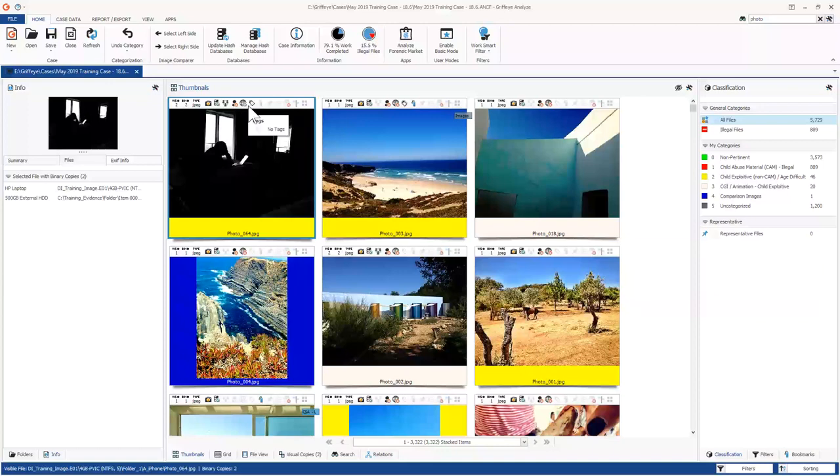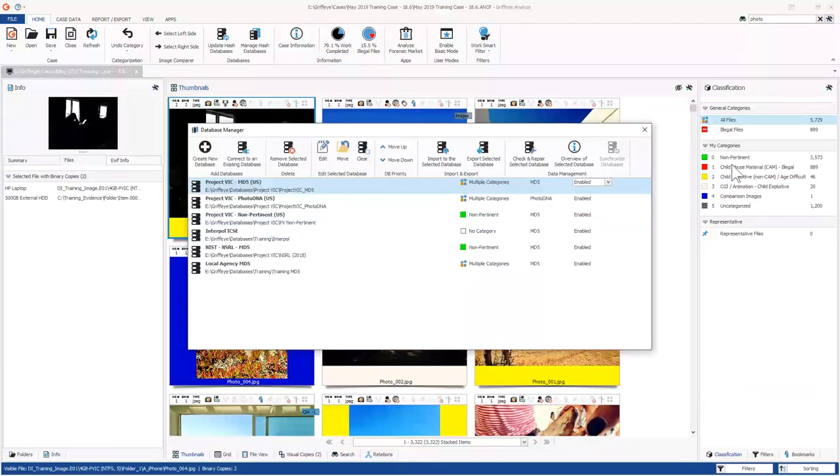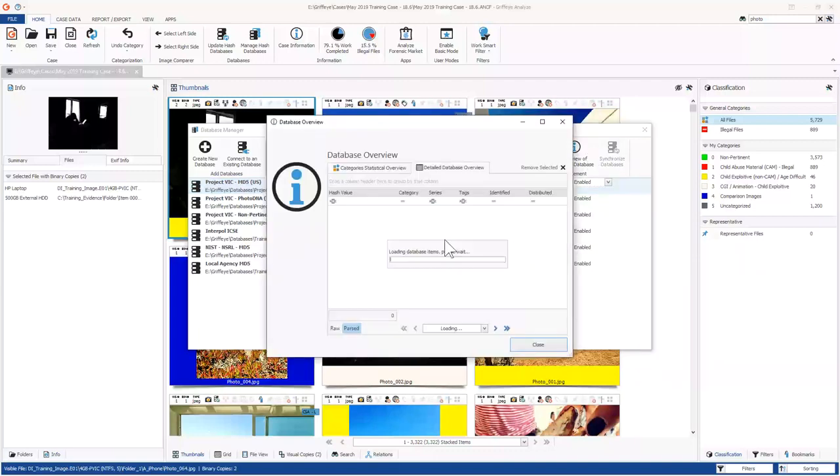So not only does that database contain the categories that we've set up in here, but let me show you real quick. It contains not only the hash value and the categories, but also the series, any known series it's a part of, any tags, and the identification and distribution status of the file. So we can add all that additional intelligence. While you're working on your investigation, if you assign this type of intelligence, not only your categories, and you want to push them up to your database, you can quickly do so